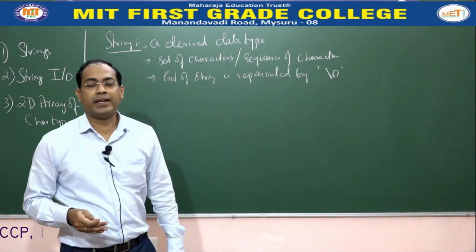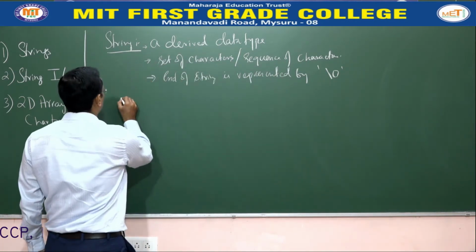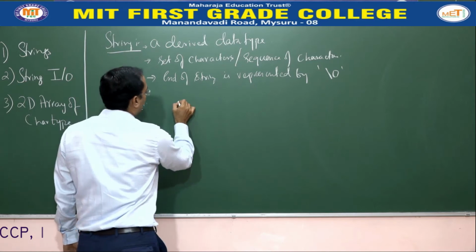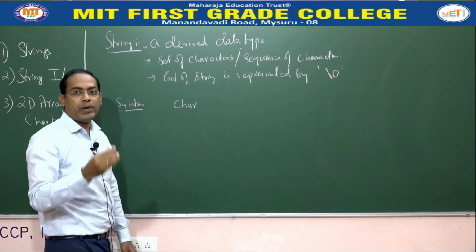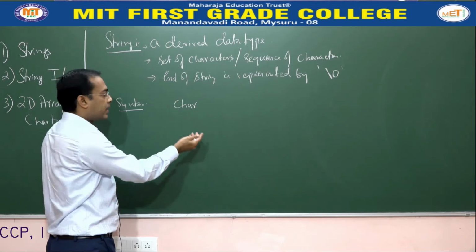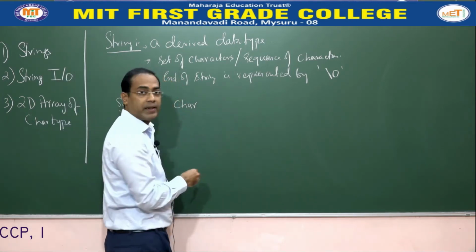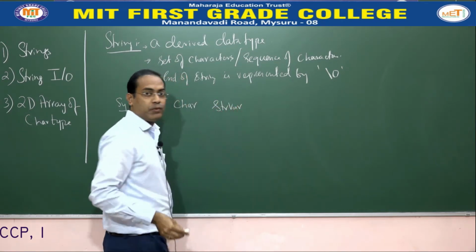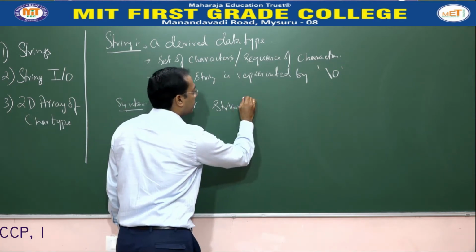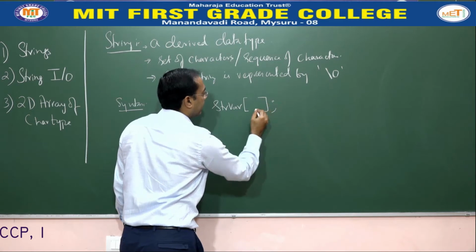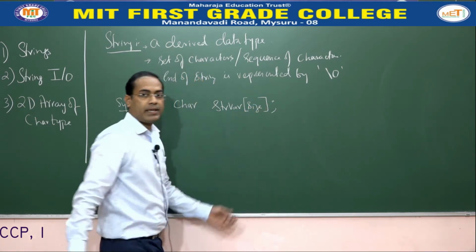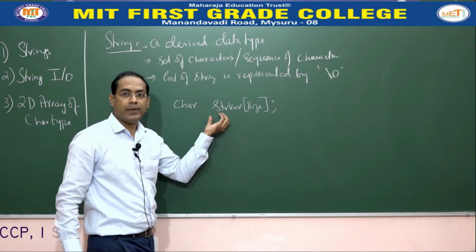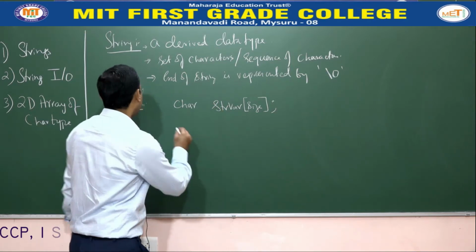Now we will see how to define a string data type. Obviously, since it is a derived data type, we have to use the existing data type, which is called character. If you want to define a single character, you just say the variable name. If you want to define a sequence of characters, it has to be a one-dimensional character array, and here you have to mention the size, and the size represents how many characters you want to accommodate in that particular variable. So this is how you declare a variable.